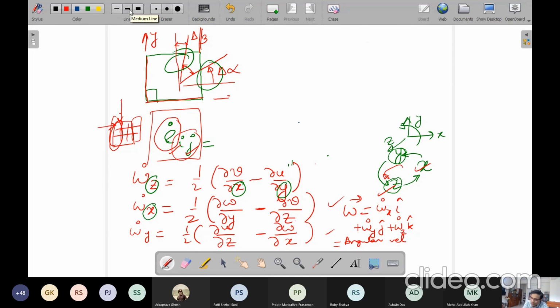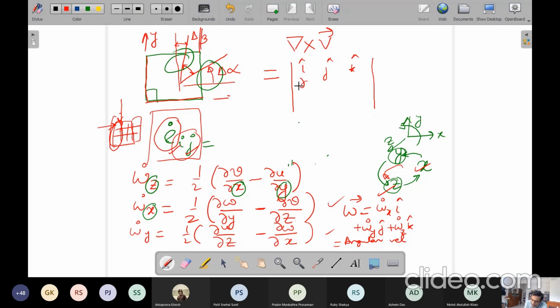So in an effort to do that, let us find out the curl of the velocity vector v. So curl of a vector, if you put the determinant description,